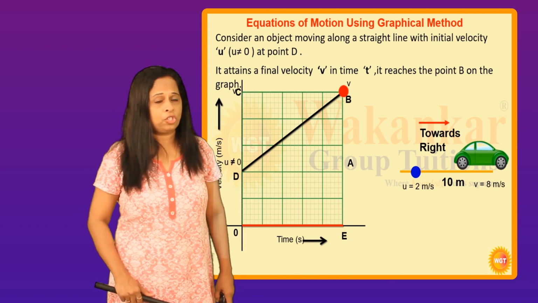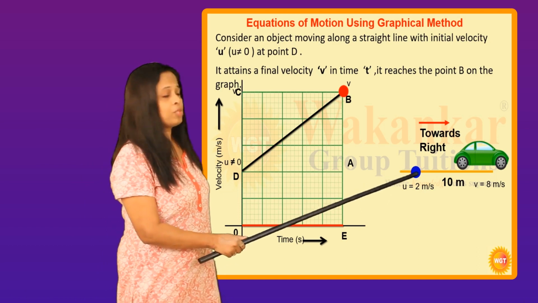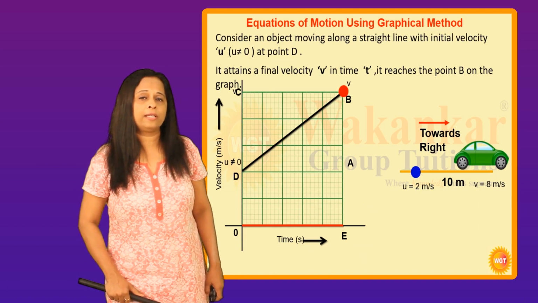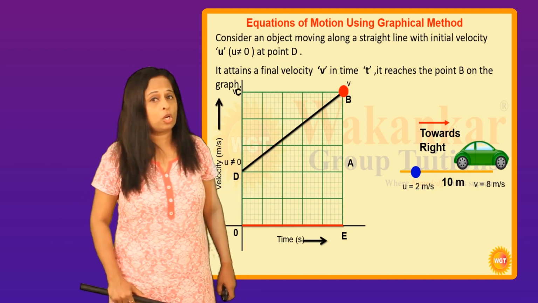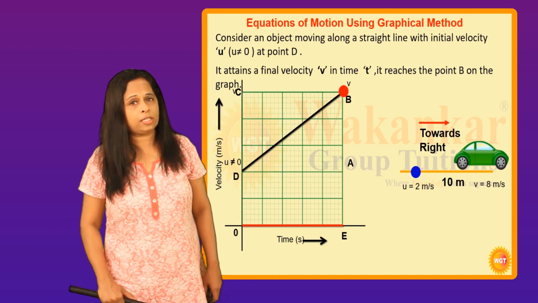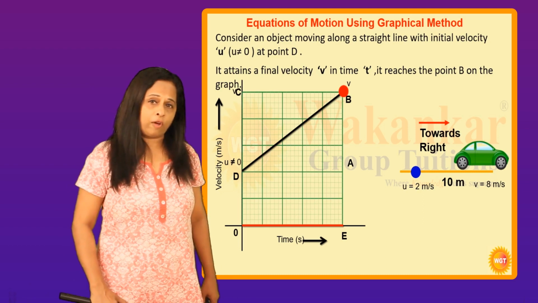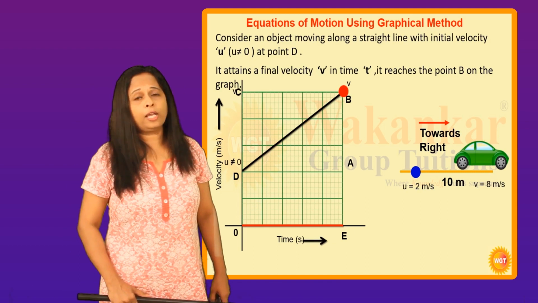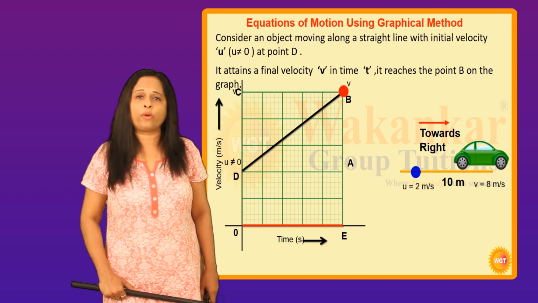Students, I want to draw your attention to a very important thing, that is, the car is actually moving on the road. Many students have a misunderstanding that the car is moving from B to B. It is not so. The car is moving on the road and we are plotting velocities u as well as v with respect to time on the graph. Please understand these things thoroughly so that it will be easy for you to understand the derivation of the first equation of motion.